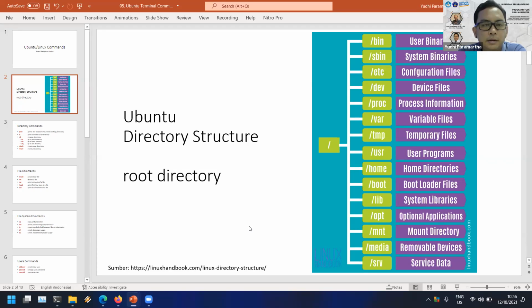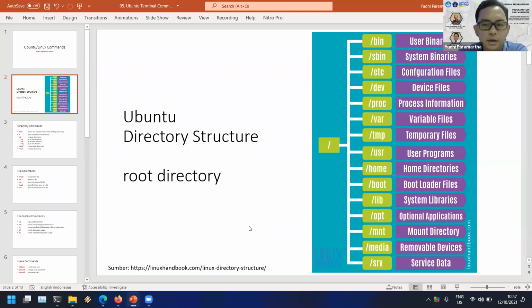The media directory is similar to mnt, but it is usually used with the graphical user interface. When you use the GUI version of Ubuntu and insert your USB flash drive, it will be mounted in the media directory. In Windows, it would be assigned a drive letter, for example D, E, F, G, and so on. But in Linux, it will be mounted in the media directory or the mnt directory.